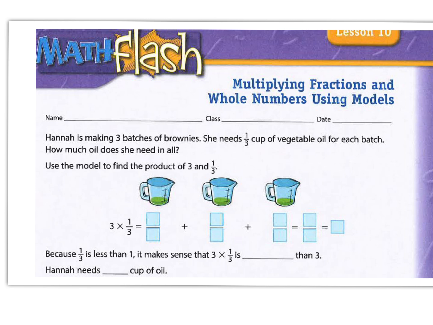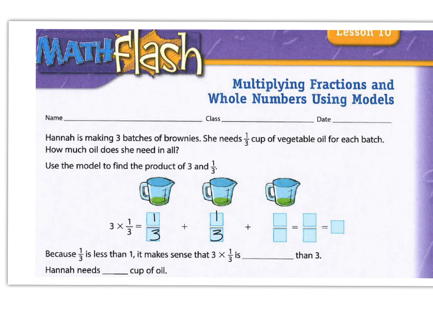So we're going to look at this page. It says Hannah is making 3 batches of brownies. She needs 1/3 cup of vegetable oil for each batch. How much does she need in all? So we're going to use the model to find the product, which means the answer to a multiplication problem, of 3 and 1/3. So 3 times 1/3 equals, so they're showing us a model here, and that is a 1/3 cup